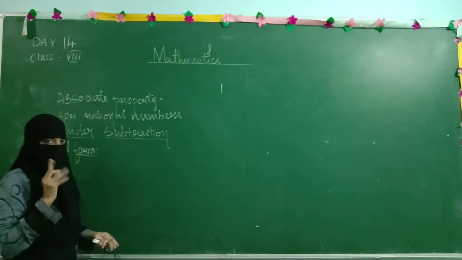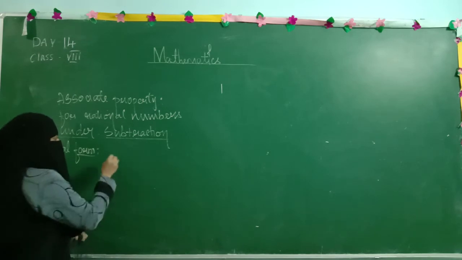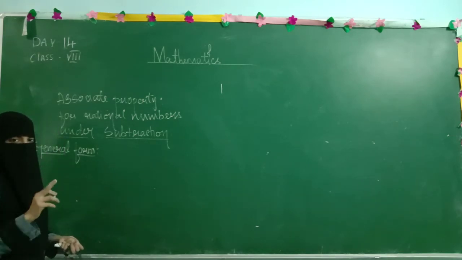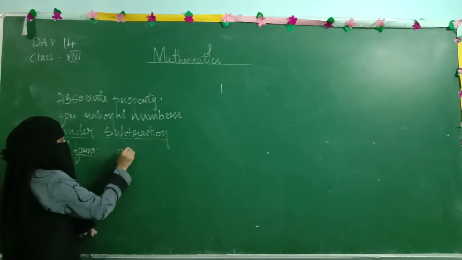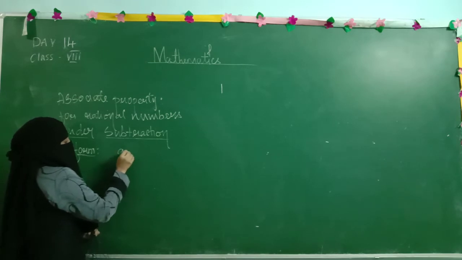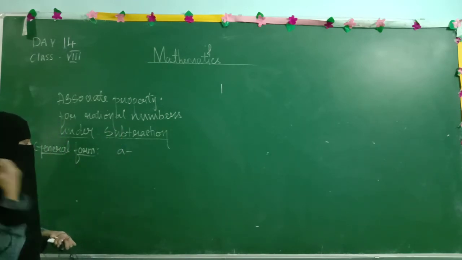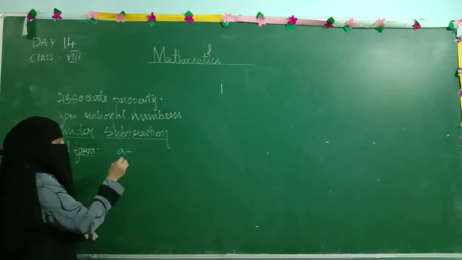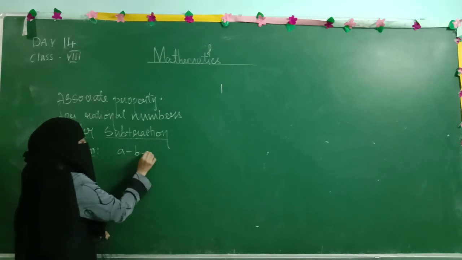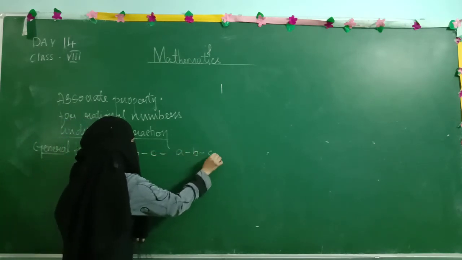As you have 2 parts here, one is the LHS part, another is the RHS part. So on both sides you have to write 3 terms, that is A, B, C. A, B, C are general numbers, and those are rational numbers. On both sides you have to write A minus B minus C, because we are doing subtraction. We are verifying whether rational numbers are associative or not under subtraction, so we use minus here, and on the other side also A minus B minus C.